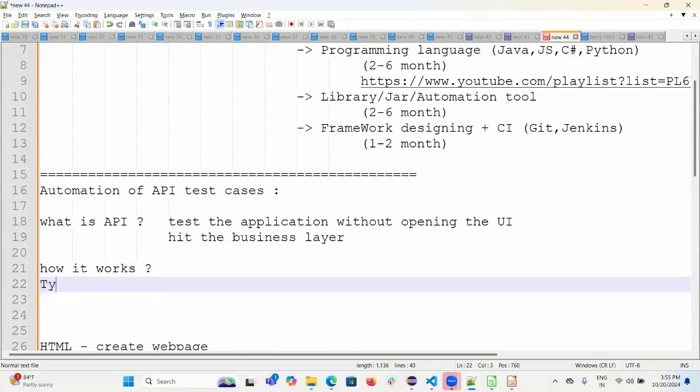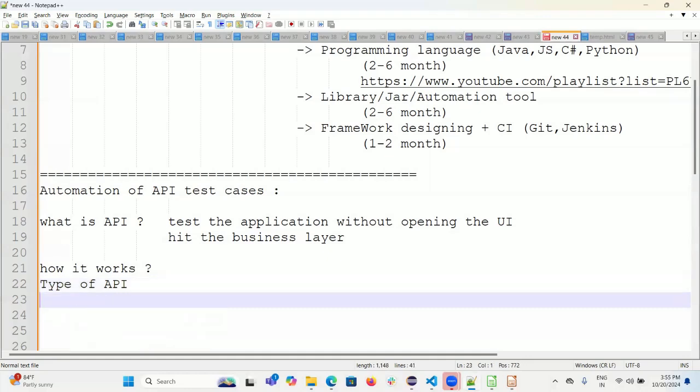You should learn about type of APIs. So there are REST APIs, there are SOAP APIs. Okay. Learn about it. What is it called REST API? Not just theoretically, understand it, what it is. What is SOAP API? How to test it? What is the basic minimum required thing? Right? Understand it. Then you should learn about methods,